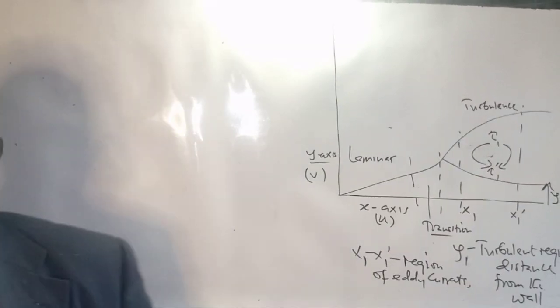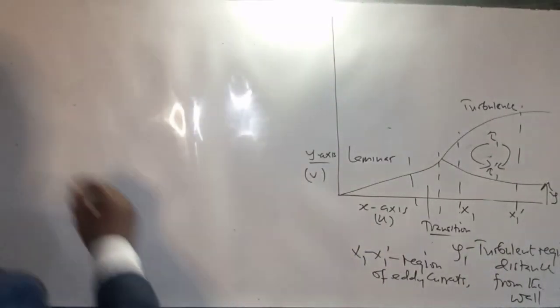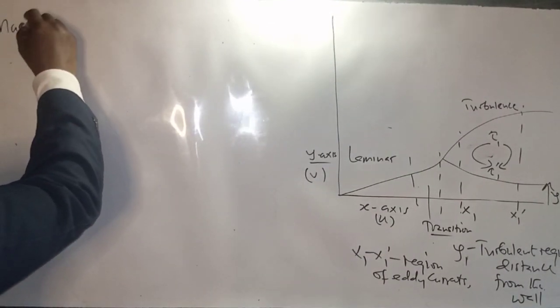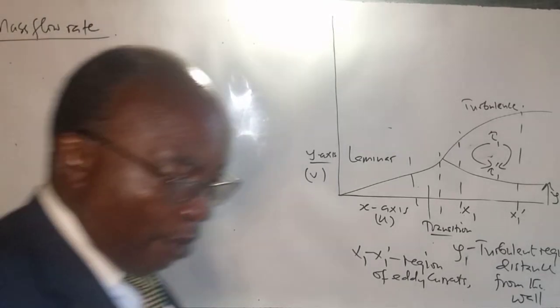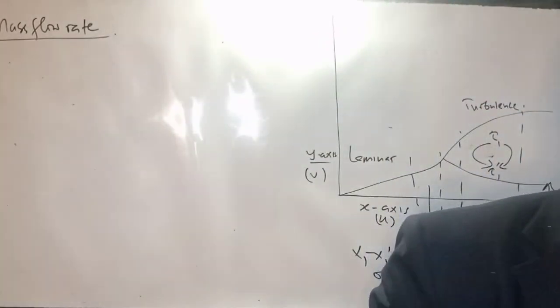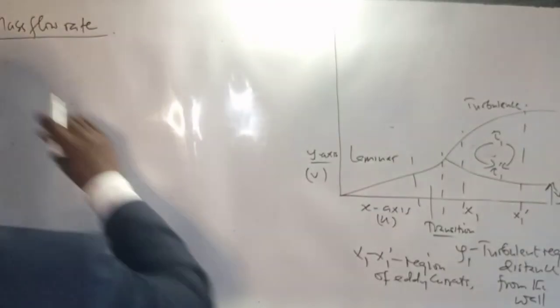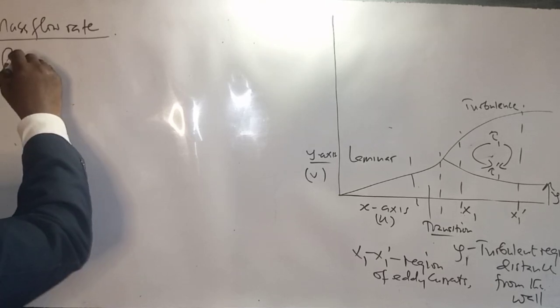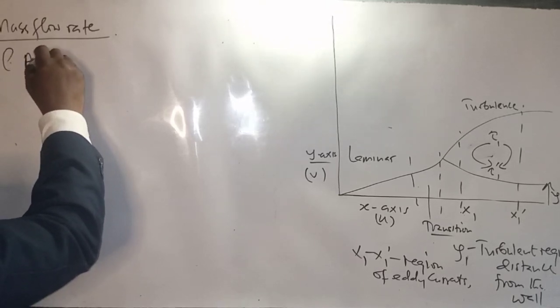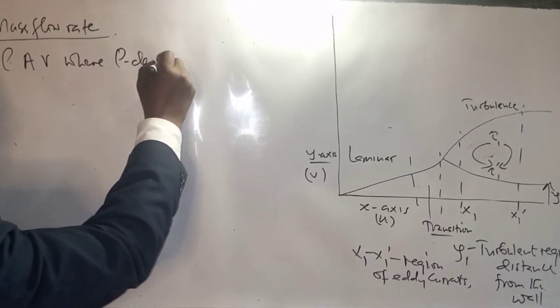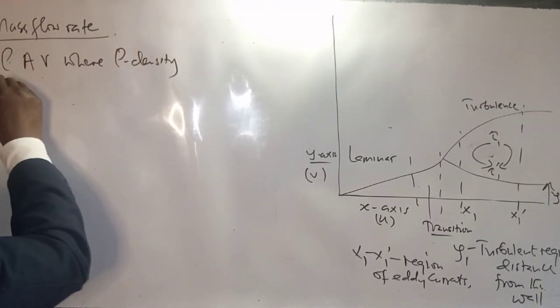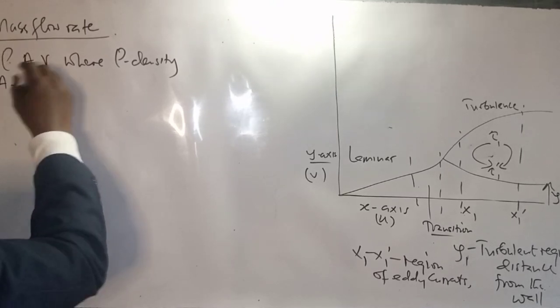Remember from the continuity equation, we say that the mass flow rate, because we are talking of mass transfer, that is mass per unit time, is gotten from the product of density times area times velocity, where rho is density, we are already familiar with that, A is area, and V